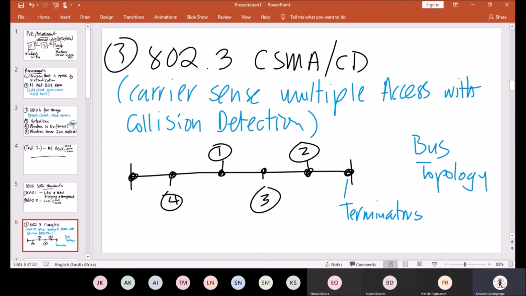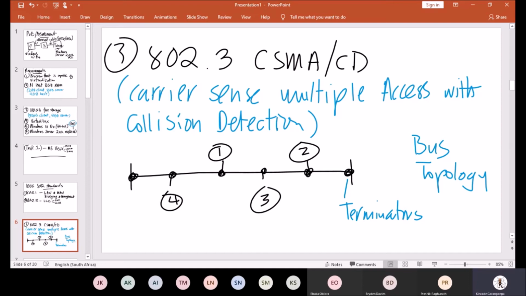So technically what's happening with carrier sense multiple access is this: the carrier sense is just listening to the cable first, or listening to the network, to identify whether it's busy or not. The multiple access part is just having one distinctive link that is used by every other machine that is connected. And then the collision detection part is if a